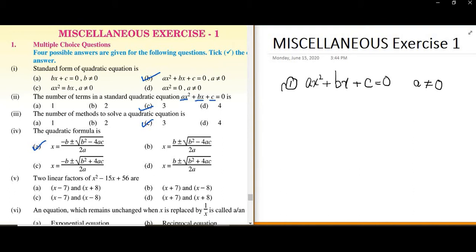Just you can make factors or you can apply quadratic formula or anything else. The factors you will get after applying formula are positive 7 and minus 8. Okay, if I apply the quadratic formula on this, we get these 2 factors. Okay, I will solve this for you so the concept will be clear.